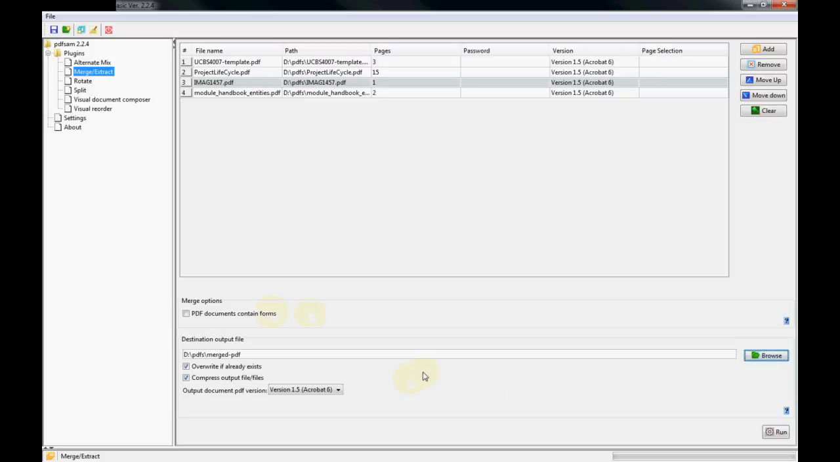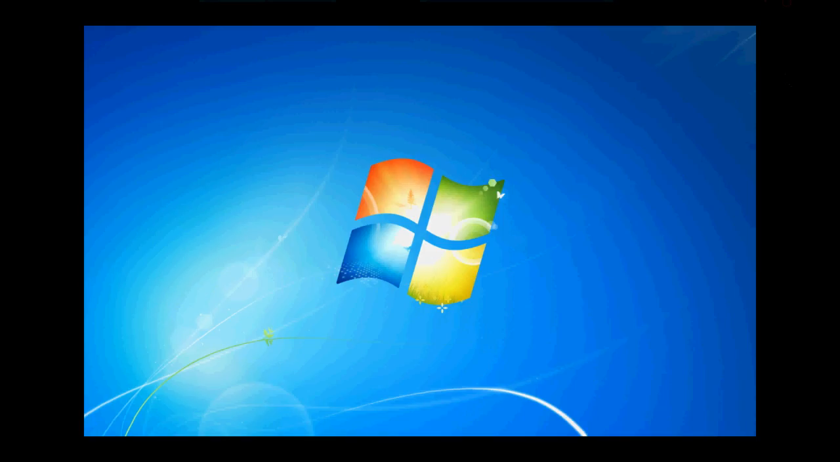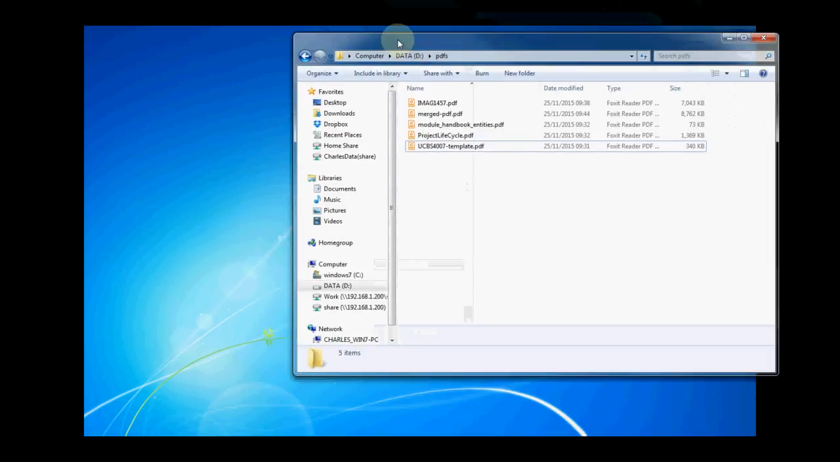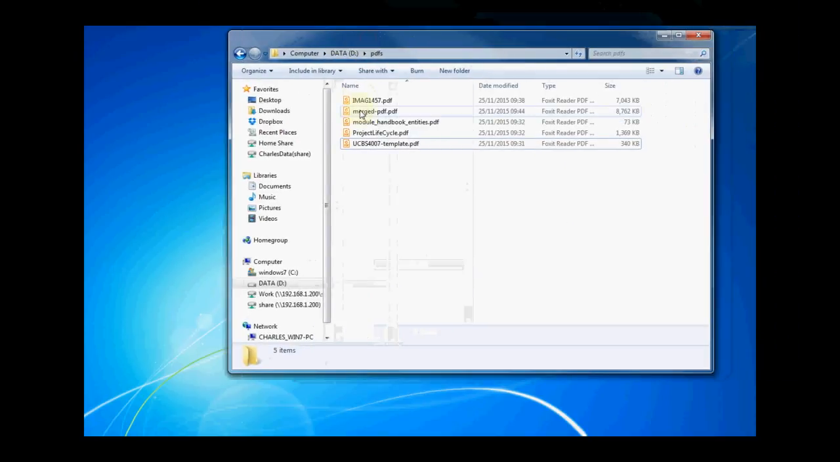So once we've done that, click on Run. We go through a progress bar at the bottom telling us it's done it. It gives a bing when it's finished. So I can close that down, and now if I open up my folder I should find that I've now got a merged PDF document. So if I have a look at that file, you should be able to now see